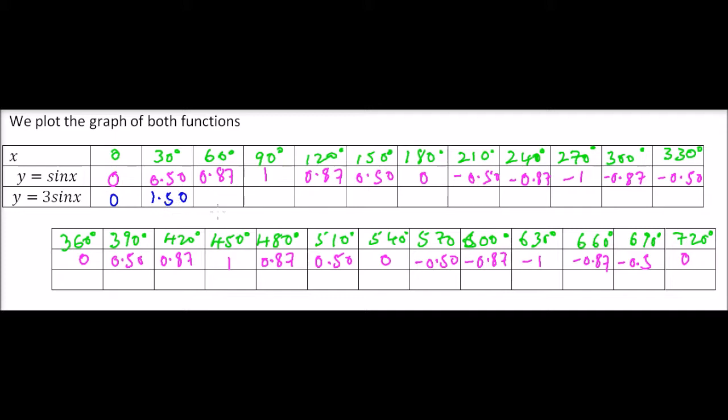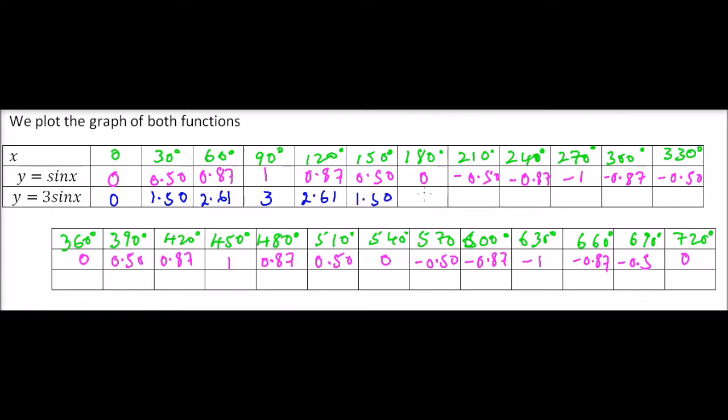Then 0.87 times 3, you get 2.61, positive. Then we multiply 1 by 3, you get 3. Here you get 2.61. Then you get